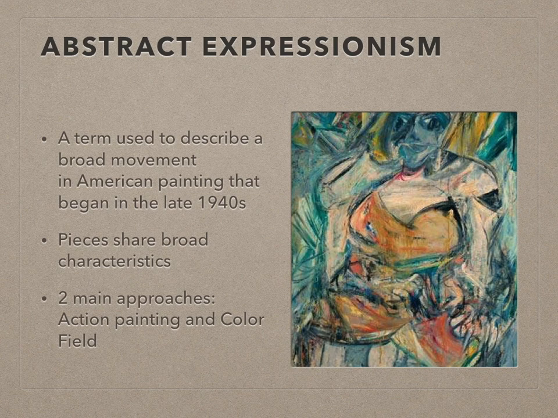Action painting, which is characterized by loose, rapid, dynamic, or forceful handling of paint and sweeping brushstrokes, and in techniques partially dictated by chance, such as dripping or spilling the paint directly onto the canvas. These types of things were practiced by Pollock, who dripped his paint onto large canvases, or de Kooning, whose picture is right here, who used vigorous and expressive brushstrokes to build up richly colored and textured images.